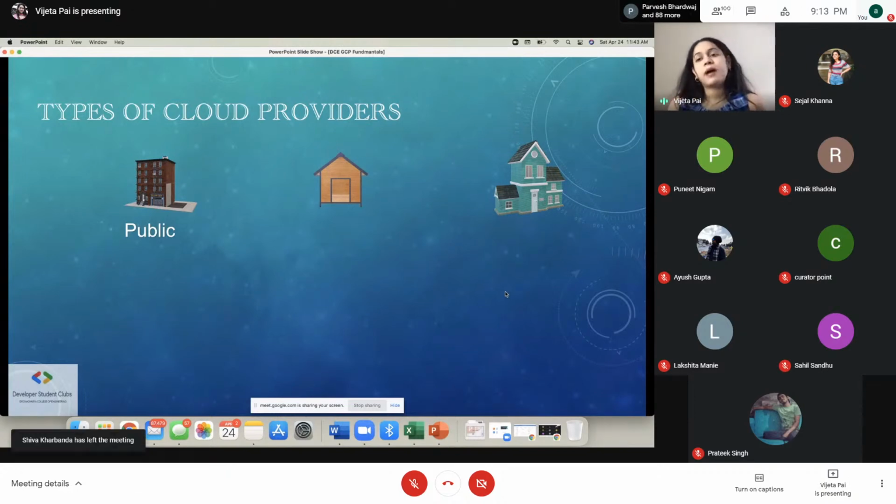So many of you might have friends, or even some of you might be staying in a PG or a hostel while you're in college. When you are in a PG, sometimes you have a room where 3 people are sharing one room, right? In a hostel or a PG. So that is an example of how the public cloud provider works. You have one space, and you share it with other people. In this case, for example, you may have 2 more roommates.